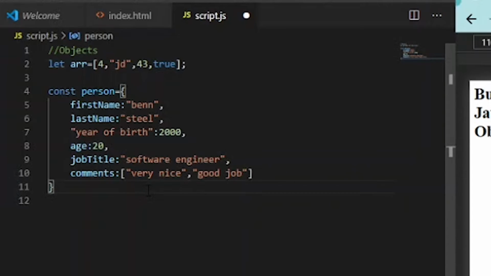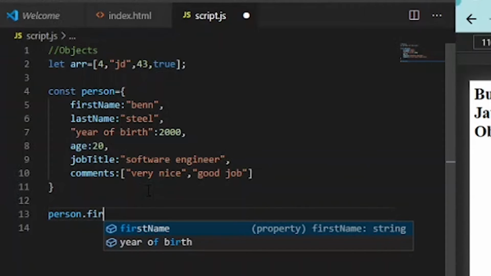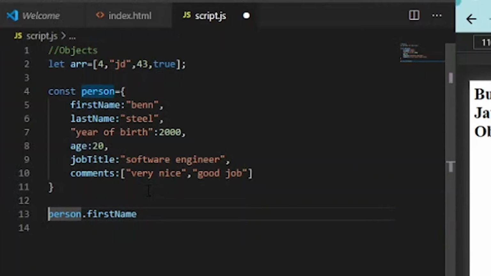If you want to access an object, there are two ways to access its properties: the dot notation and the bracket notation, similar to an array. Let's write person dot first name, equal to.